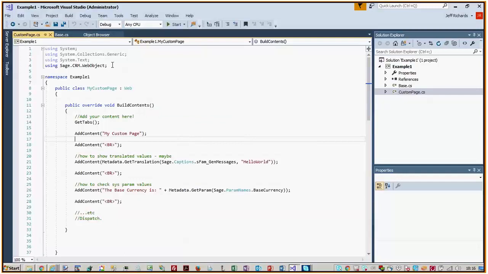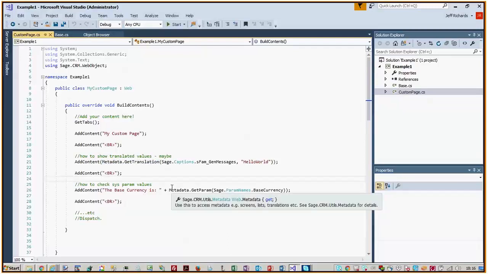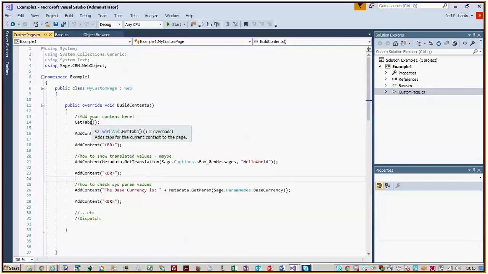It starts to introduce us as well to important ideas like the web object, because you can see there's the constructor that we're engaged in. We are constructing our page, which ultimately assembles the HTML that will be returned as a result of the HTTP request response, and this is all to do with the way in which we're interacting with metadata and with the code that allows us to pull back data from the system. This is all very simple hello world stuff, and to demonstrate that, I'm going to